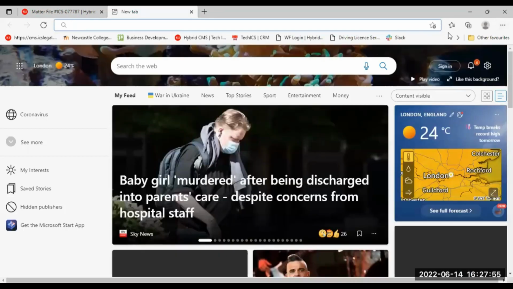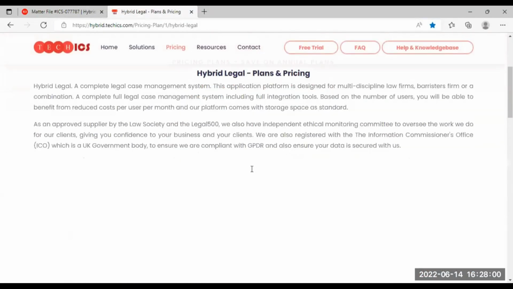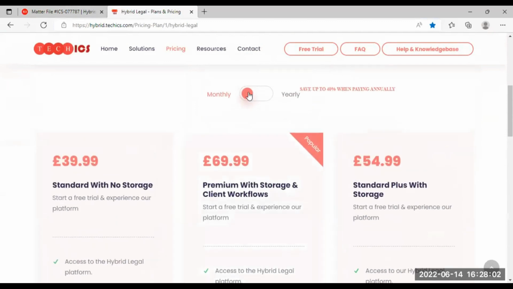But anyway, let me quickly go through the fees. I don't want to keep you for too long. This is our fees. You can go for a monthly one where it's a rolling contract,